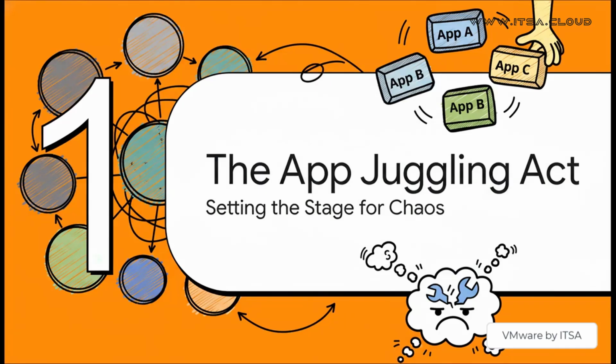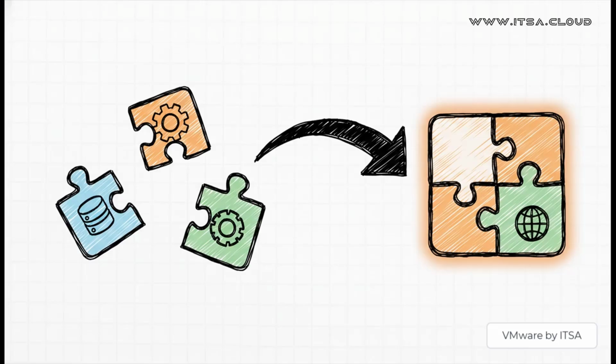So, let's just be crystal clear on the core problem we're solving. Modern apps are these big, distributed systems, and all their parts have critical dependencies on each other. Trying to manage them as just a loose collection of separate machines isn't just clunky, it is a recipe for errors and a whole lot of operational headaches. So, what if you could just take that entire collection of VMs, your database, your app server, your web frontend, and just group them? What if you could treat them not as individual pieces, but as one single cohesive thing?